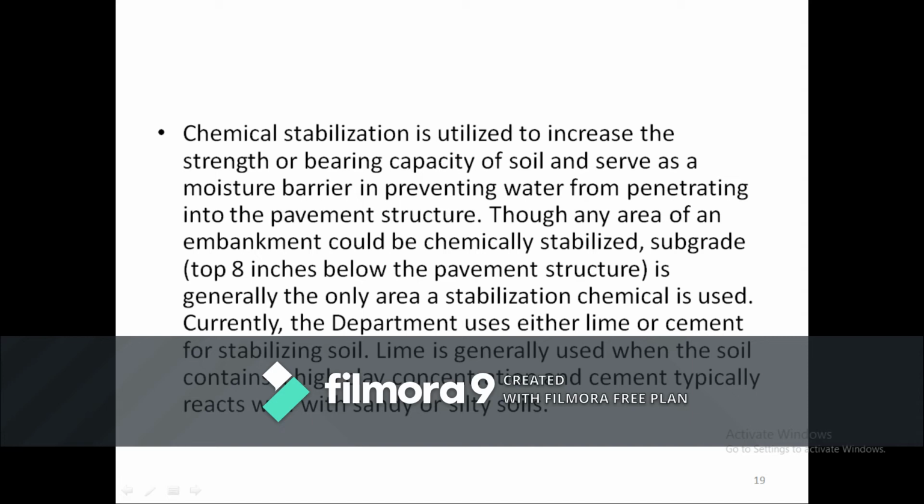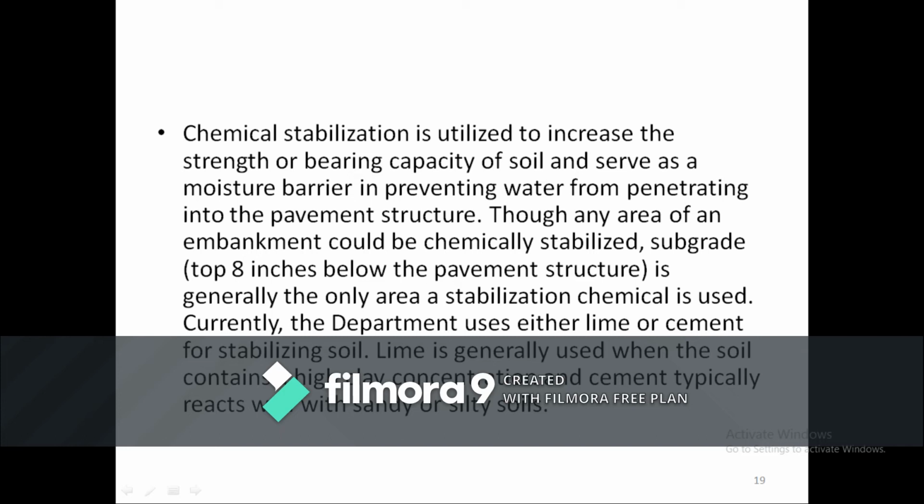Currently, the department uses either lime or cement for stabilizing soil, but in most cases lime is used because of cost issues. Lime is generally used when the soil contains a high clay concentration, and cement typically reacts well with sandy or silty soils.